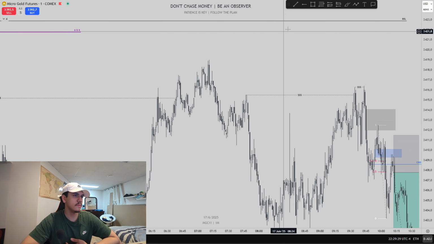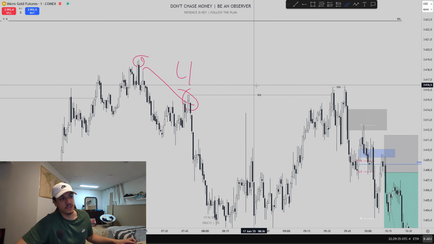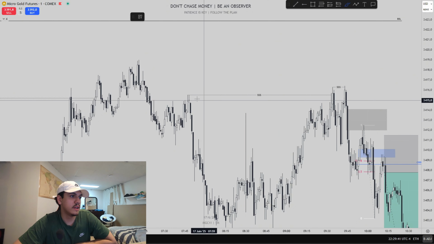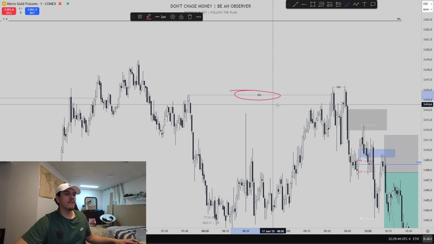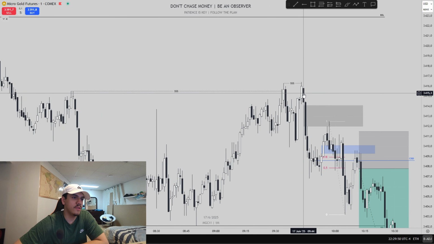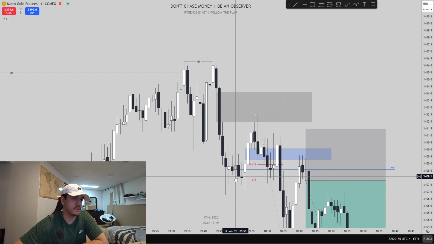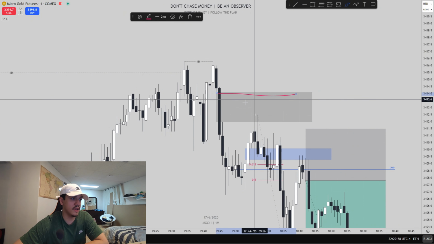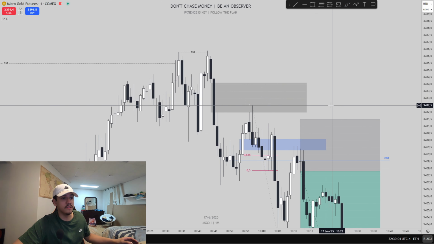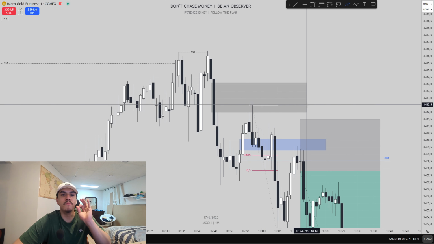Here the price makes a lower high. So that's the first one. The second one is that at 9:30 the price goes up, and we made some internal liquidity sweeps right there, a little one right there. Two internal liquidity sweeps, and then a big sell off. After this, the price goes up, retests a bearish fair value gap right there, and then goes down again. So when I saw the price go down here, I was very bearish.